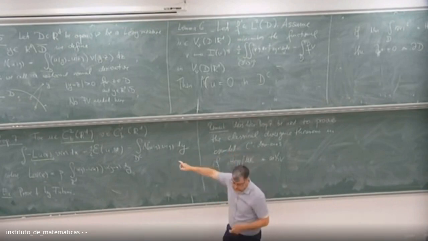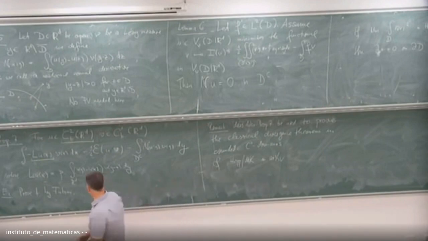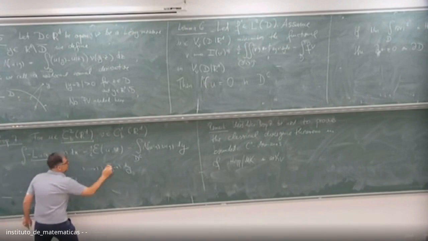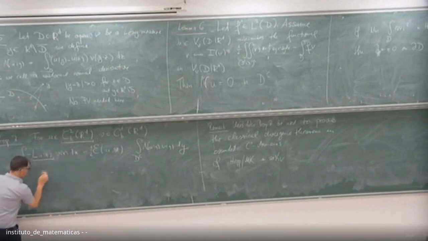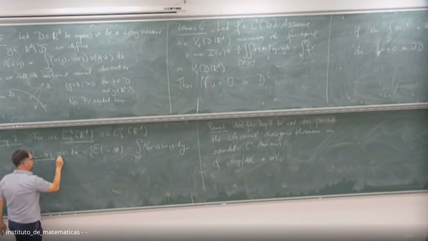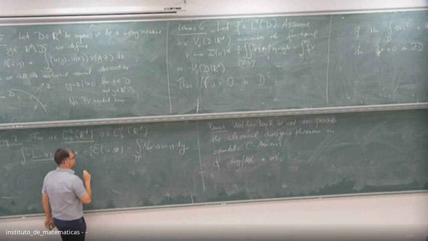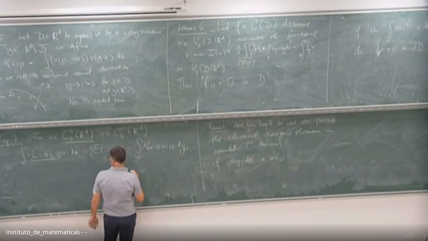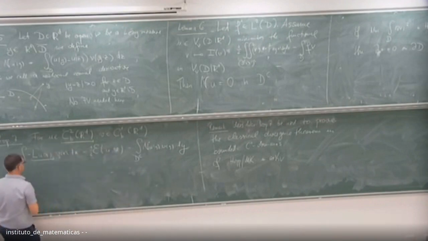So, if you allow me to raise this here, what is possible? It is possible to choose sequences of measures, nu epsilon, and